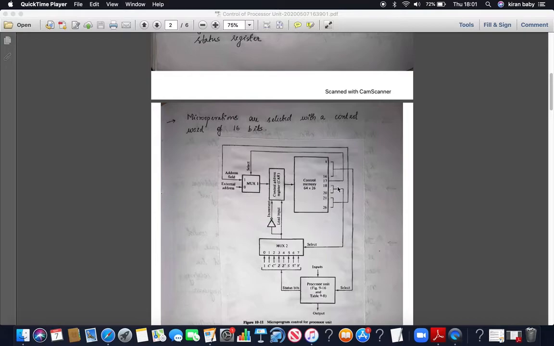So bits 18, 19 and 20, those 3 bits, are used to select from these 8 values, that is 2 raised to 3, which is 8. Out of 8 values to select, you need at least 3 bits. That is why these 3 bits are used. So if these 3 bits are 0, 0 and 0, then what will happen? Whatever is present in the 0th bit, that is 1, will be given here.